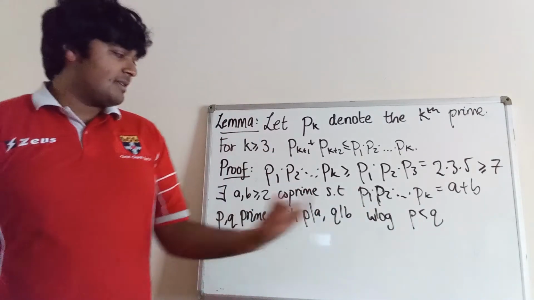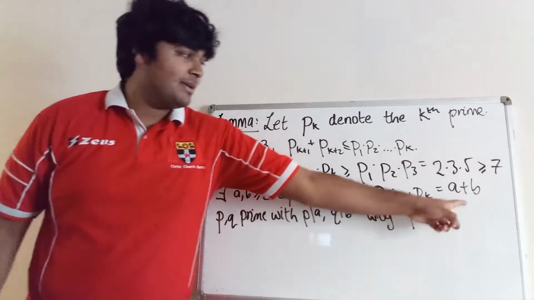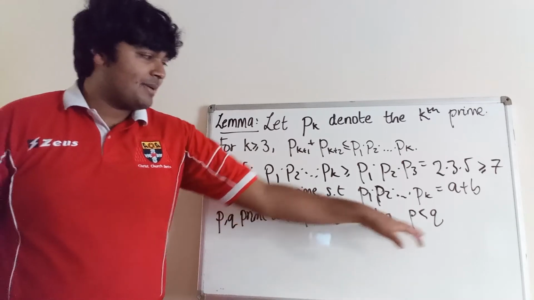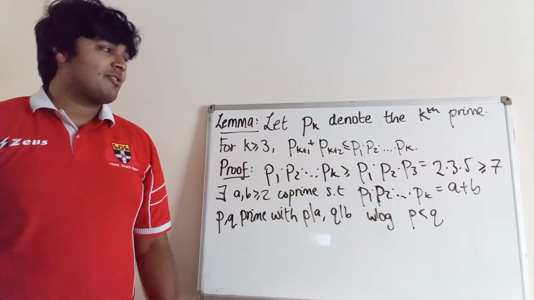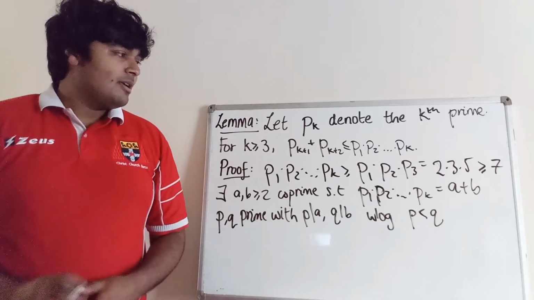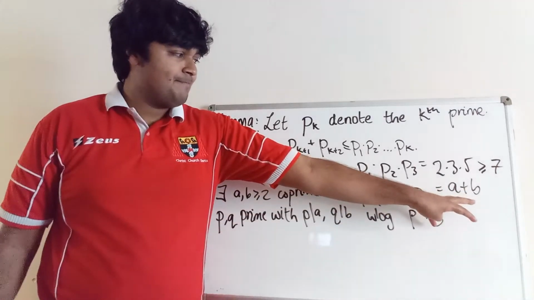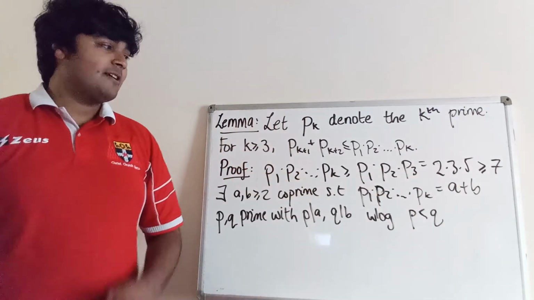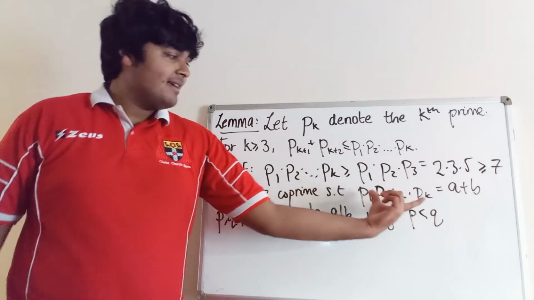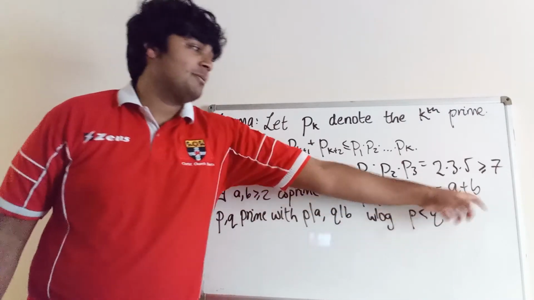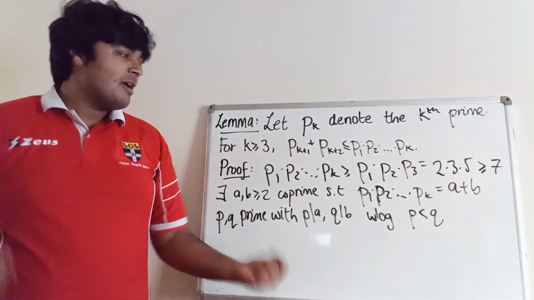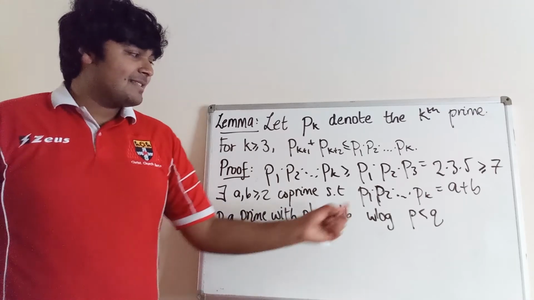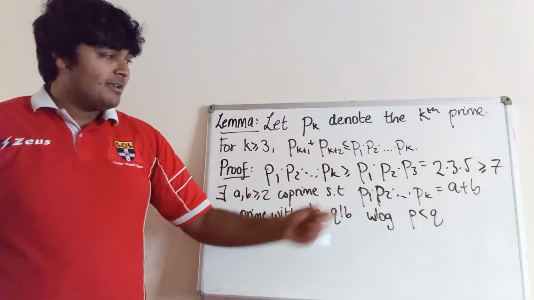than Q. Notice that P and Q can't be the same because then A and B would not be co-prime, because they both share the common factor P. Right, so we have P is less than Q and the product of the first k primes is equal to A plus B. Well, notice that P divides A, and if P divided the product of the first k primes, then because of this equality, A would be a multiple of P, so therefore B would have to be a multiple of P, but we've just said that B can't be a multiple of P because otherwise A and B wouldn't be co-prime. So that means that P is not a factor of this product,